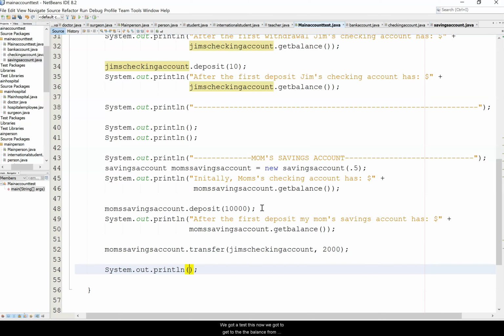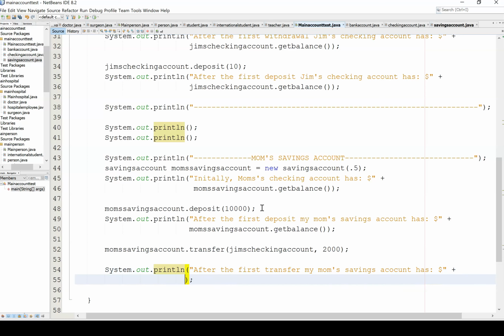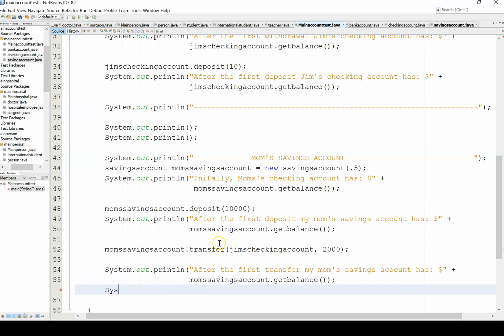So we got to test this now. We got to get the balance from Jim's and mom's account. So after the first transfer, my mom's savings account has, and then mom's savings account dot get balance, and then